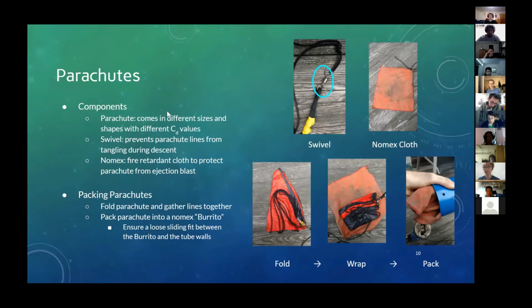Next component that's important on a parachute is the swivel, circled in that lovely image there. It makes sure that your parachute lines don't get tangled during descent. When the chute comes out, the rocket's falling and the chute's flying everywhere. It's a pretty chaotic moment, and the chute will sort of twirl around in the air. So the swivel makes sure that the chute can twirl and the rocket cannot twirl, and those two things